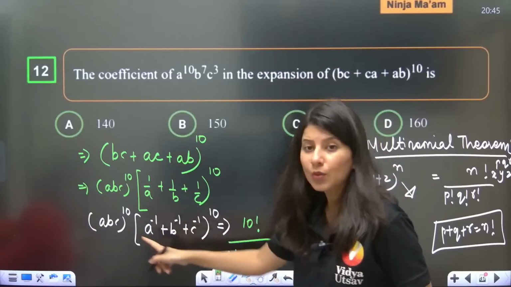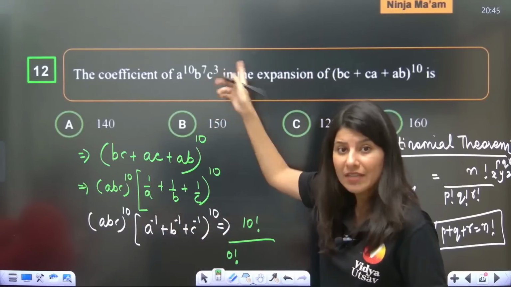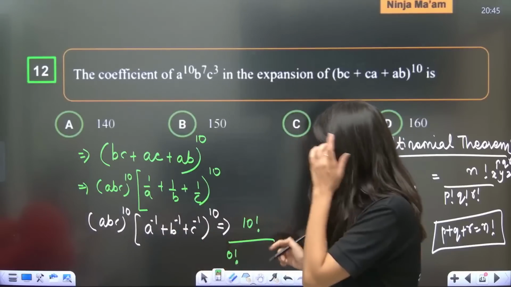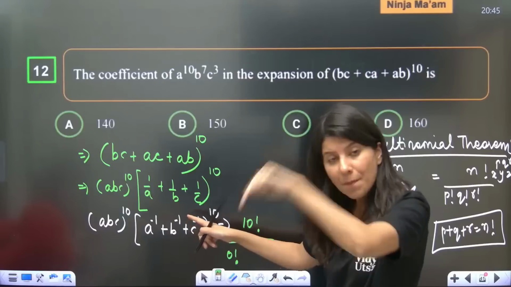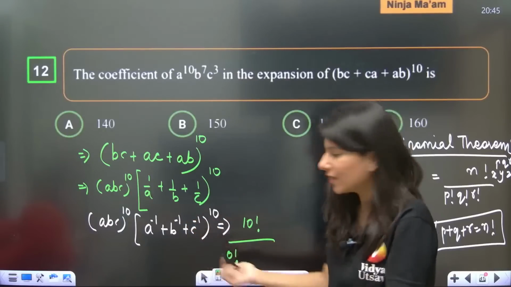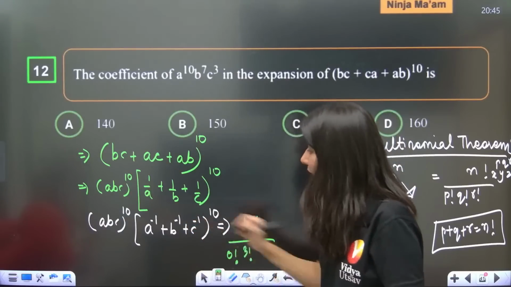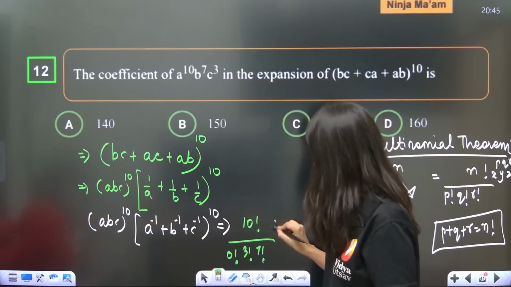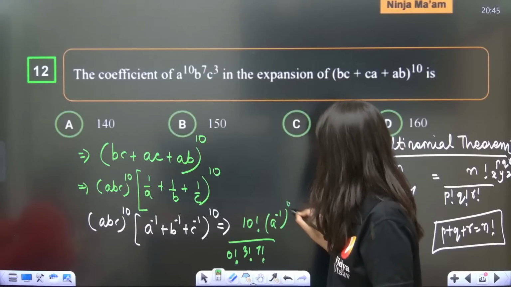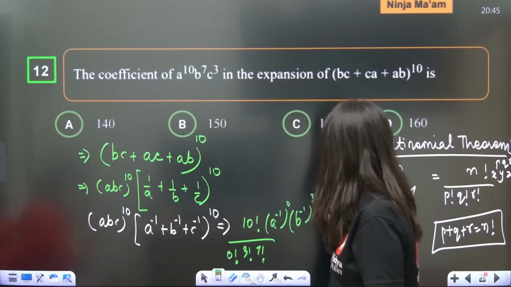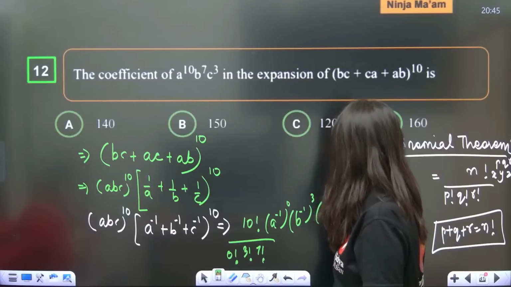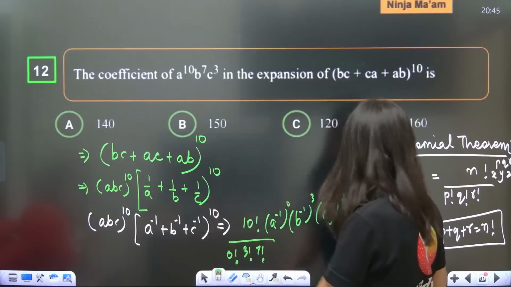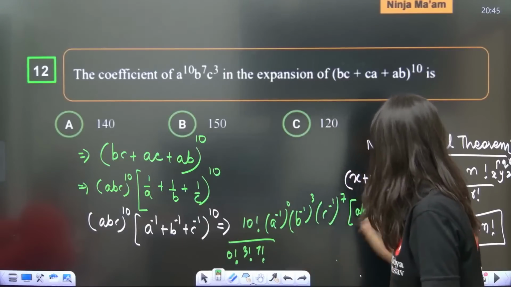Correct? Now, what do you want in terms of b? So, ma'am, b power 7 you want. 10 is already there, so you want minus 3. So minus 3 means you want b raised to power minus 1, power 3. Minus 1 is already there, no? So 3 factorial. And what about c? So this is 7 factorial. This is the coefficient and this is going to become a power minus 1 0, b power minus 1 3 and c power minus 1 7. And you already had abc power 10.